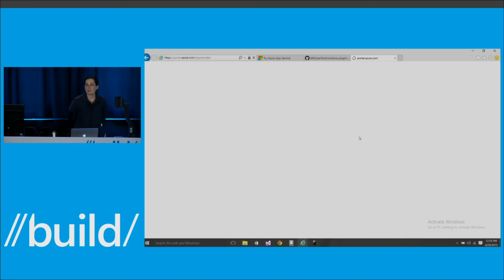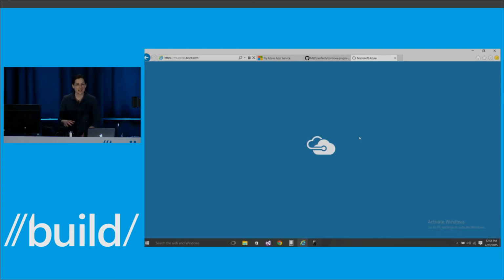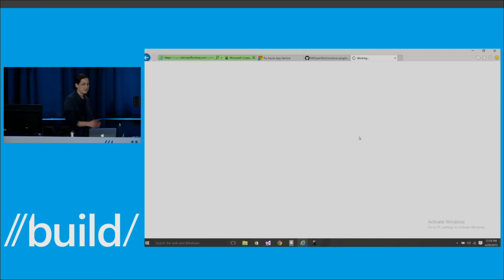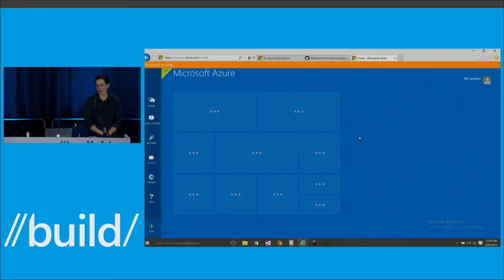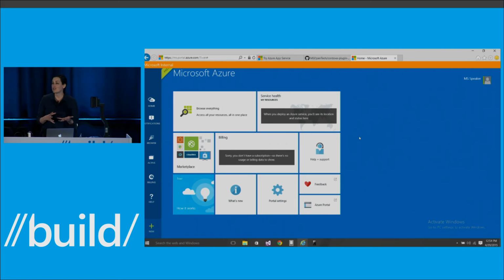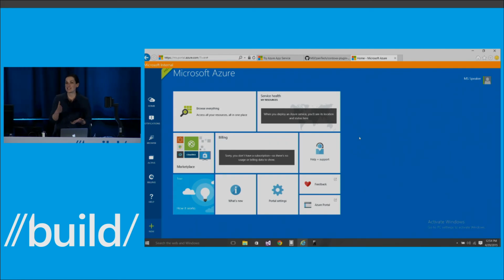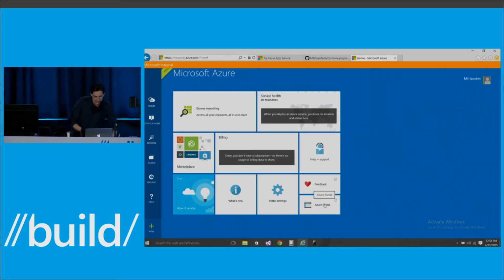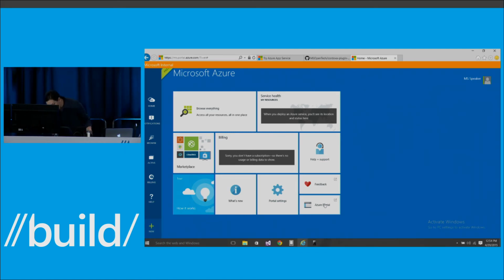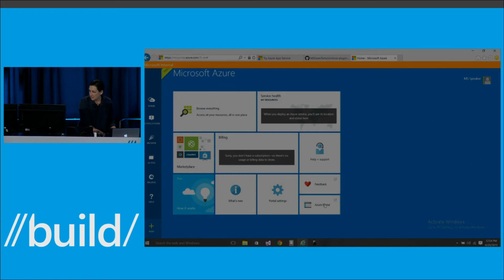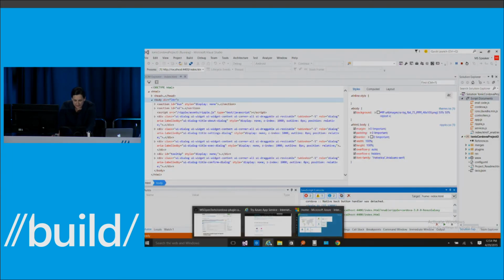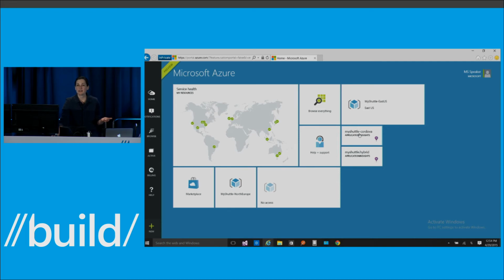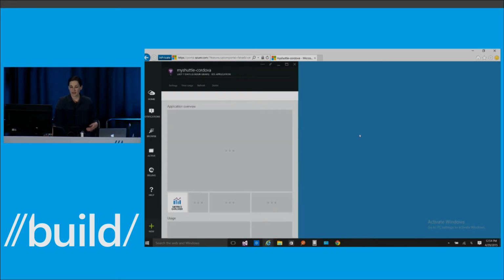So now we can see the App Insights, which we just announced today is available for public beta. Marav is up here, so if you have any questions, you can come up and ask her about that. And what I'm going to do is go into my Azure account and see what data I'm getting back for this application that's deployed into the wild. It does not look to be here, so I'm going to switch to this machine again. I know it was working on this machine, so we'll bring it up here. Okay, you can see that I'm logged in here, and we see that the myshuttle.cordova application is there.